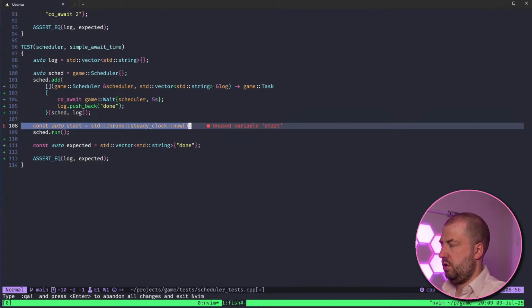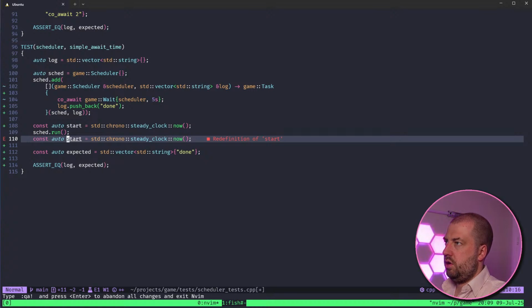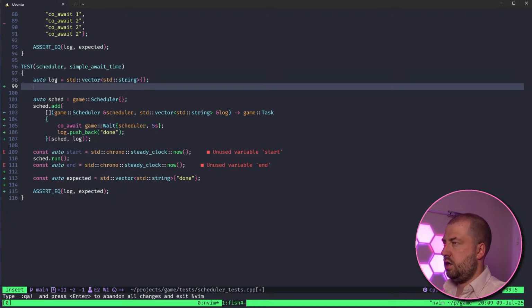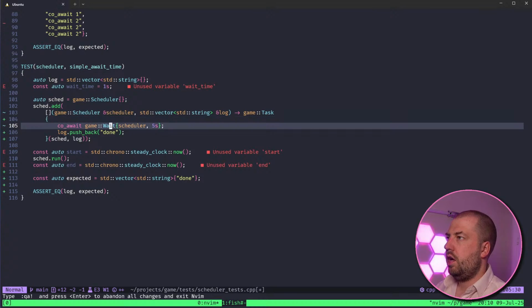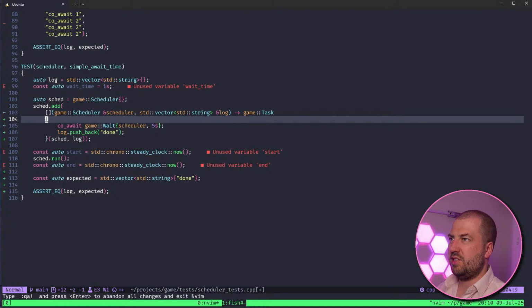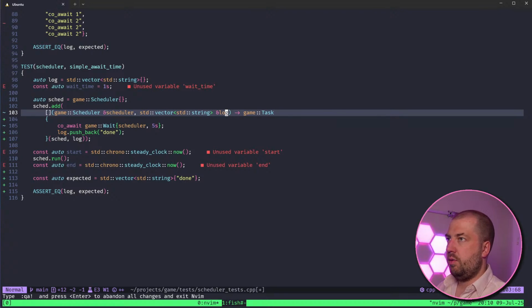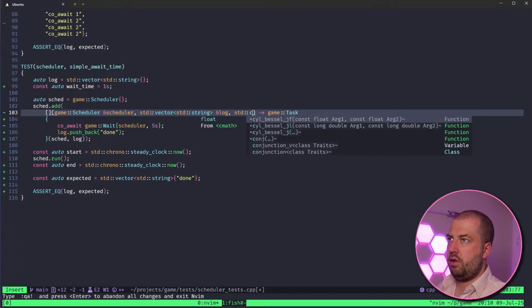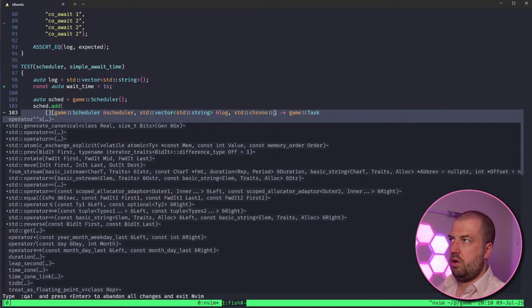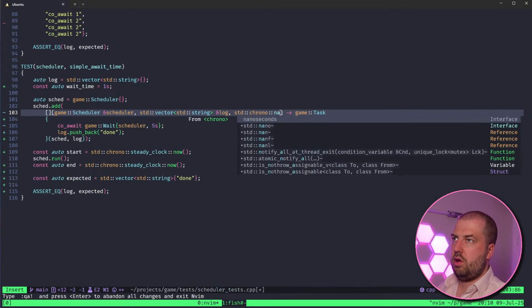Oops. And const auto wait_time equals 1 second. Probably just make these autos, to be honest. Here we are, std::chrono::nanoseconds.